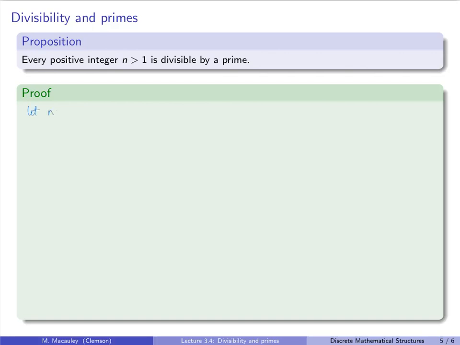So let n be bigger than 1. I don't really need to write that down because I'm assuming that, but it doesn't hurt. There's two cases. Case 1 is that n is prime. In this case, n divides n, so n is divisible by a prime, namely itself. Nothing really more to show. Case 2 is that n is not prime,